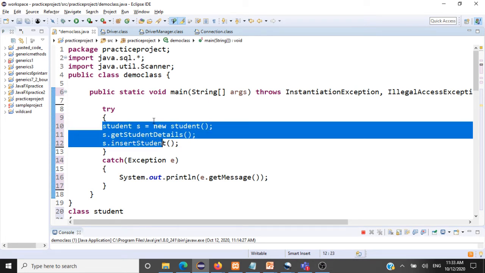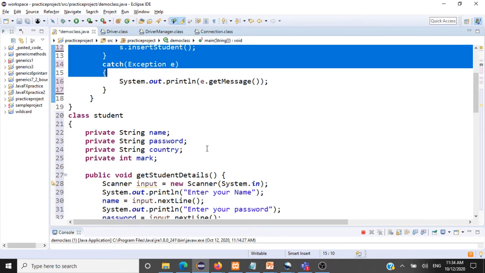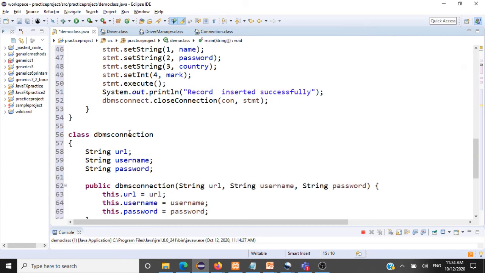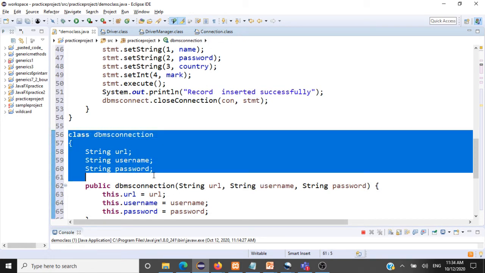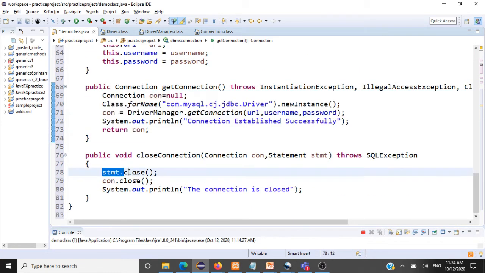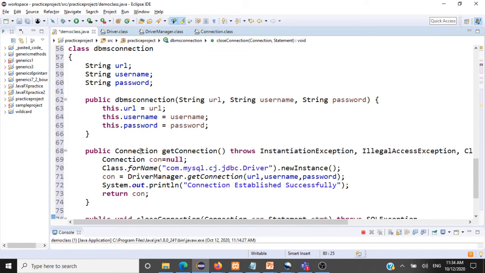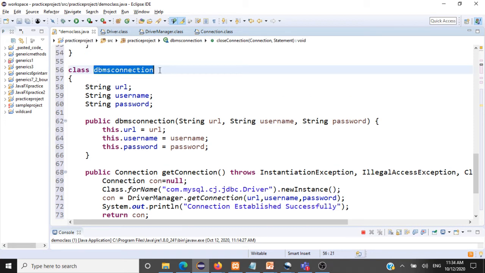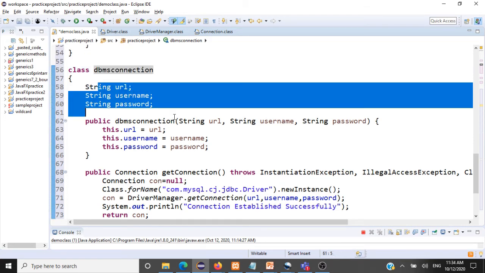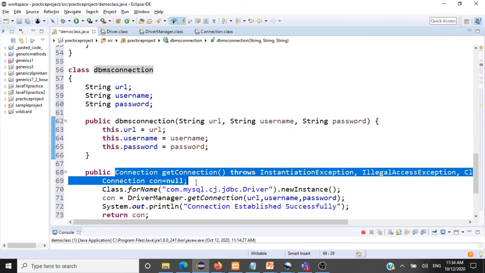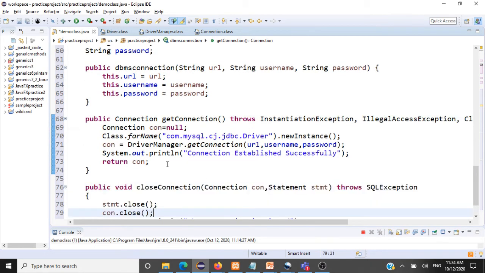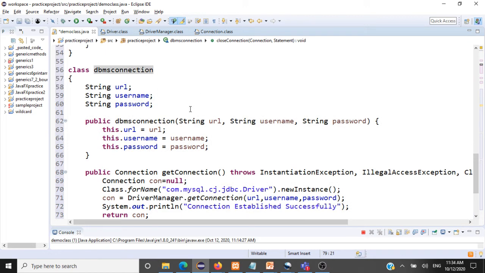See, it has got a better design, I guess. We have got more of objects and classes here, and reusability is the key. When I'm going to update or perform a delete, I can always reuse this class, right? No need to again and again write these lines of code. If I want to now delete a record, I want a database connection, so I'll create an object of this DBMS connection, pass the URL, username and password, then I will get the connection. After my work is done, I'll close the connection. So this DBMS connection can be used with any operation that you perform, delete, update, insert. You can just reuse this class. That is the concept here.